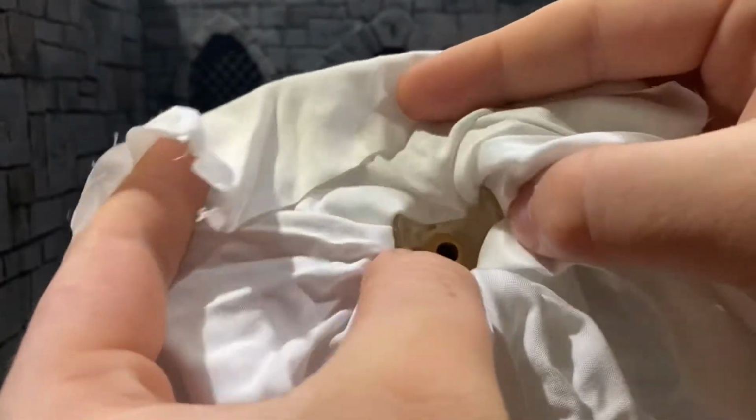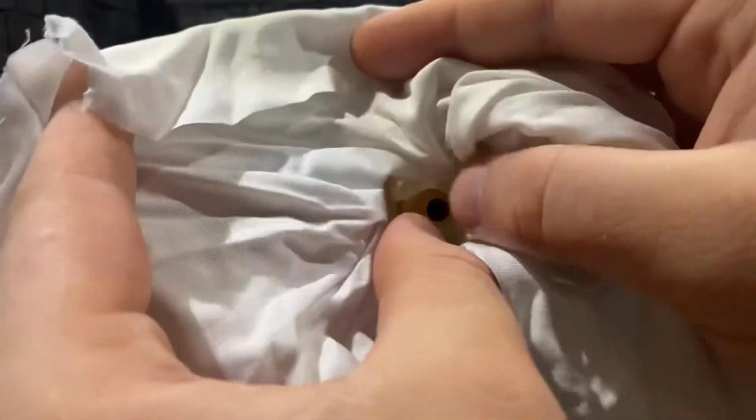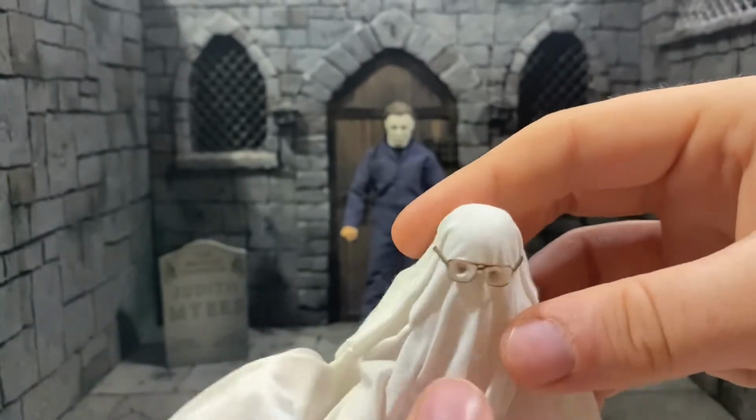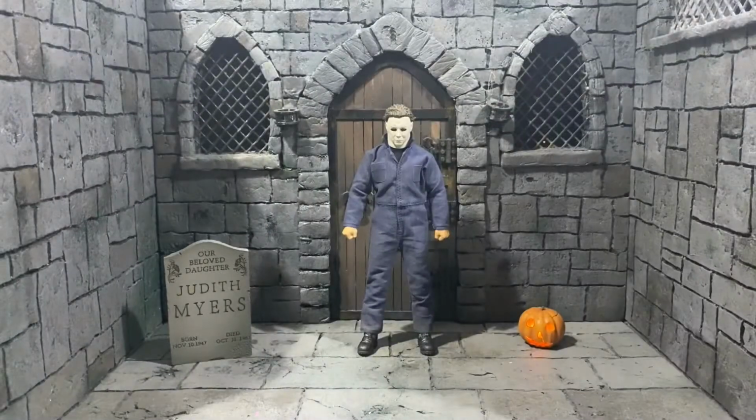But yeah, it's fitted with this kind of silicone front or plastic front, and it's got the regular neck peg, so you just pop the other head off, you work this one on, and then that way it'll maintain its shape and everything. But yeah, speaking of shape, the irony is